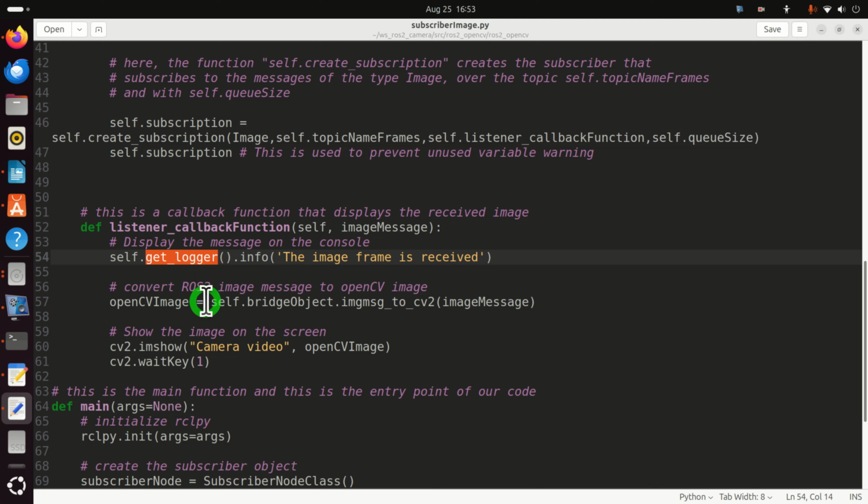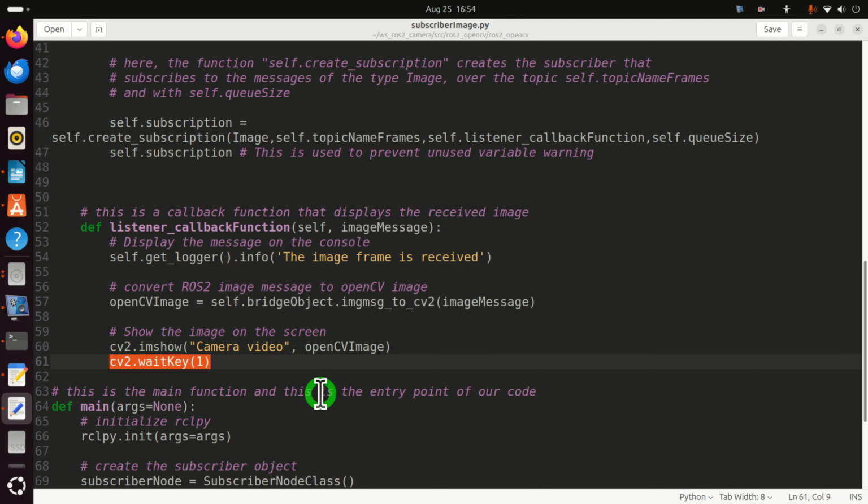Then we use the OpenCV bridge to convert our message from the standard ROS messages to images that can be displayed on a computer screen, and we obtain our OpenCV image, and after that we call cv2.imshow to show the image on a computer screen, and over here we simply say cv2.waitKey